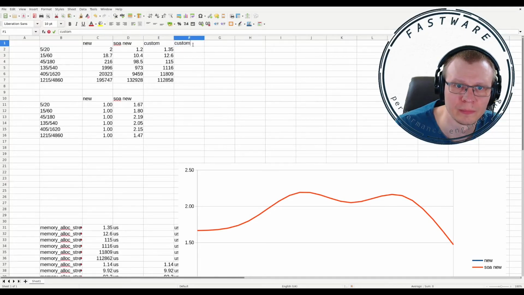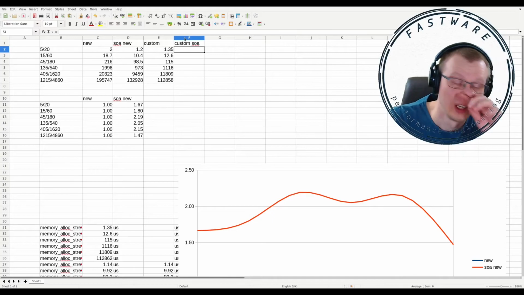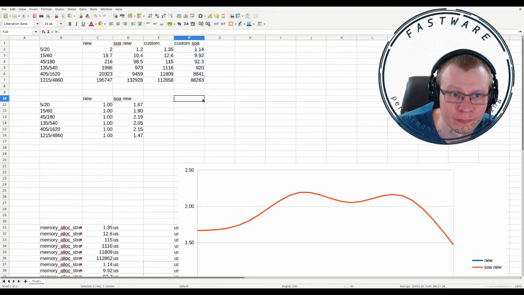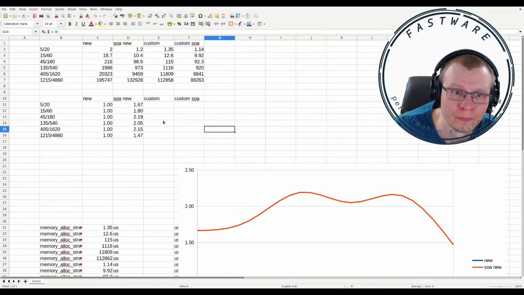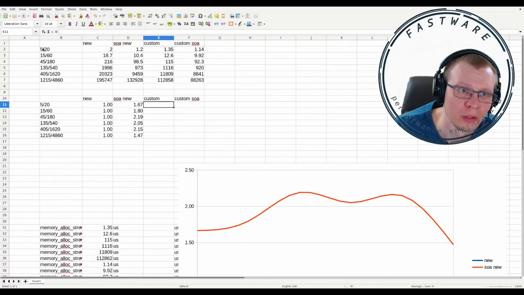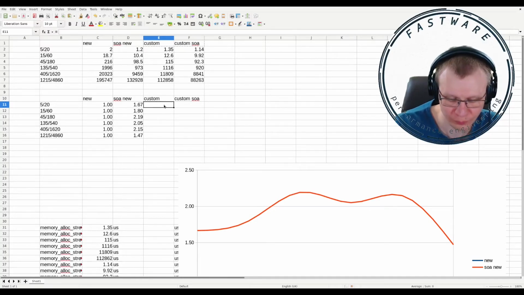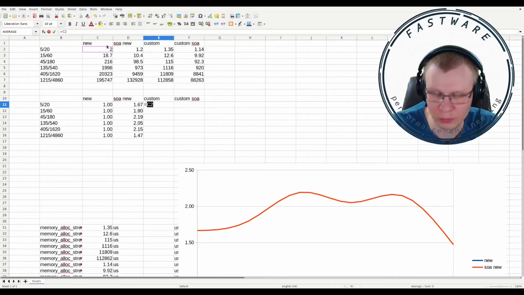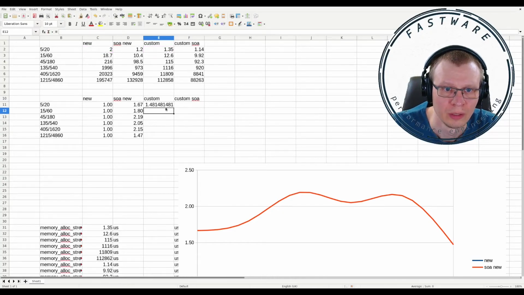Well, that would be great. SoA. So, and here is our SoA data. Okay. And we can run and add, so we will start from this value, which is the standard new. And we can compute our values for the custom, which will be dividing like so. And then custom SoA,